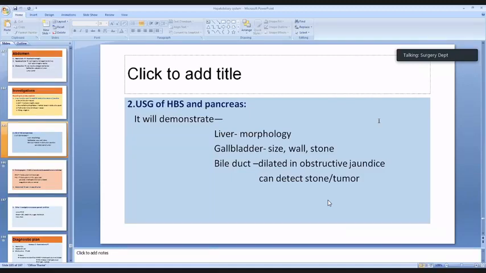So in ultrasonogram, if it says the liver is enlarged, the spleen is enlarged, there is congestion, it goes more in favor of hemolytic jaundice or hemolytic anemia. If it says the liver is enlarged, there is tenderness, the parenchyma is homogeneous,